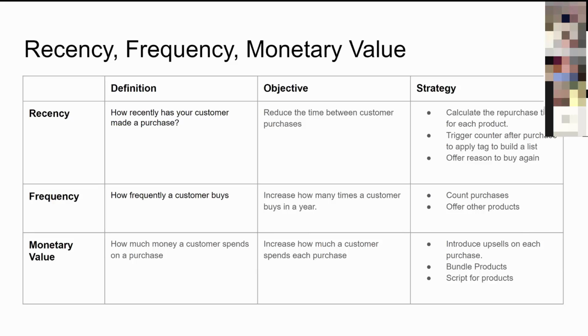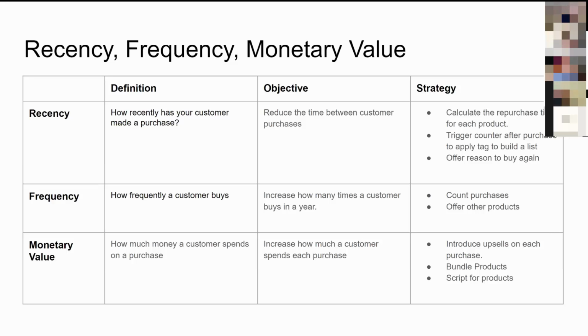If I'm thinking about frequency, how often does the buyer buy? How frequently do they come into the store, in the retail analogy? If I can increase the number of times they come in a year, then I'm making more money out of them. So my objective there would be to increase the number of times that they buy within the year. And then how much do they spend? So what's the basket spend?